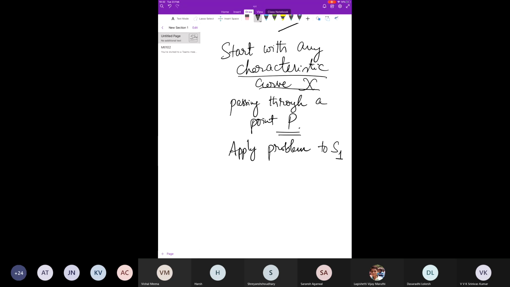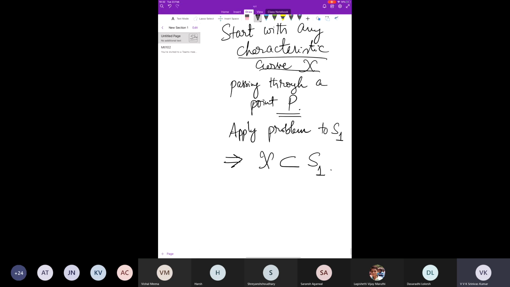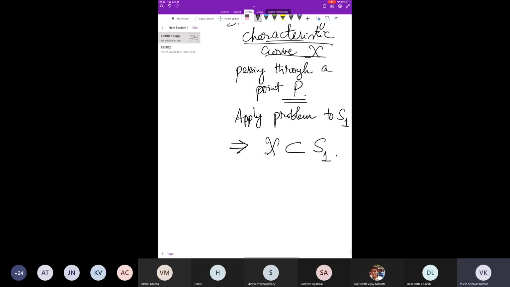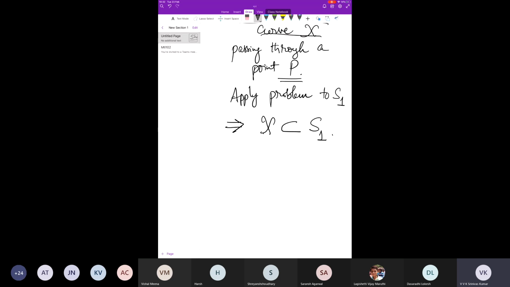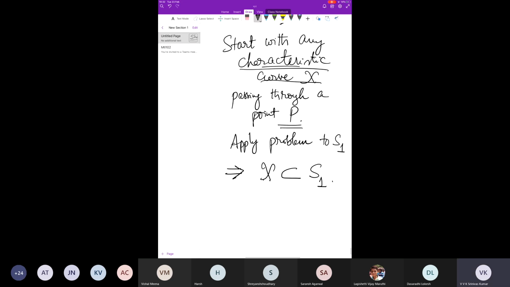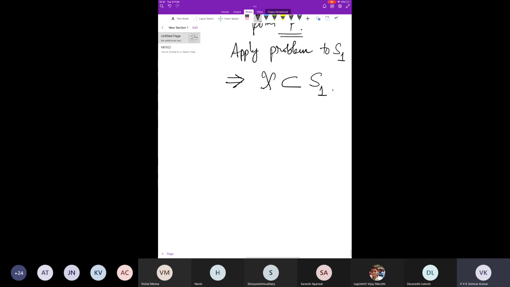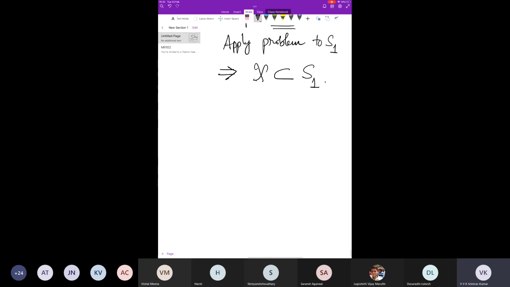From this, applying problem 1, what we can conclude is that chi is entirely sitting inside S1. The conclusion of problem 1 gives us that if it is characteristic, it has to be entirely inside S1. And also apply the same thing. This is an integral surface, and now this is a characteristic passing through the point. So again, apply problem 1